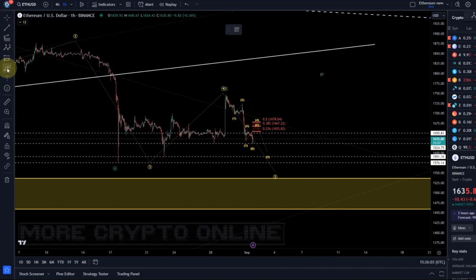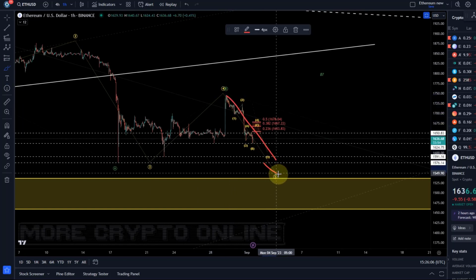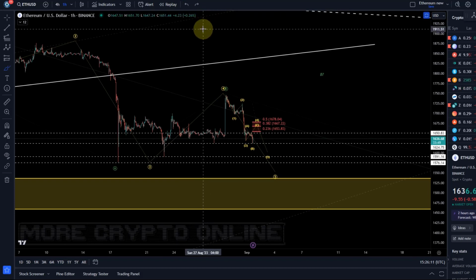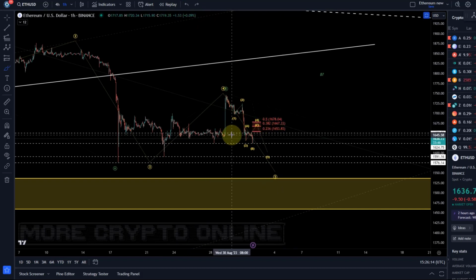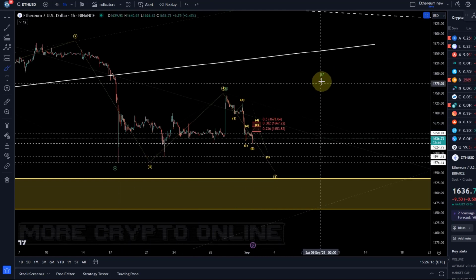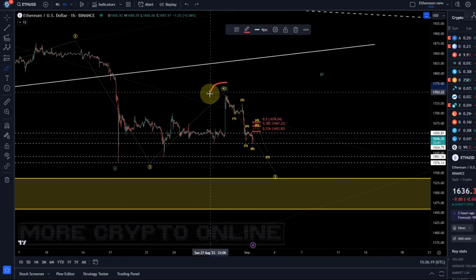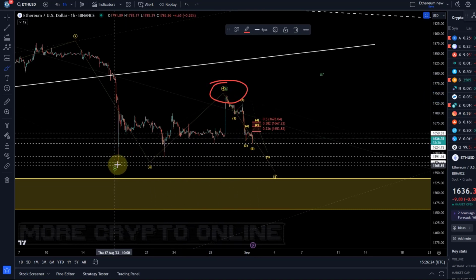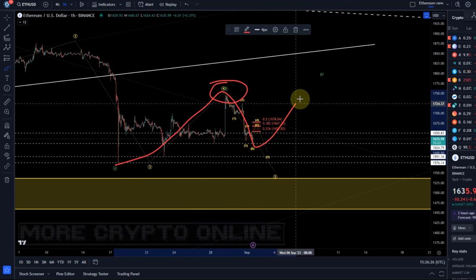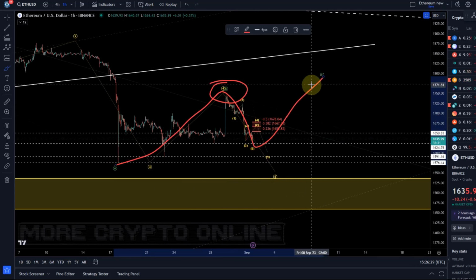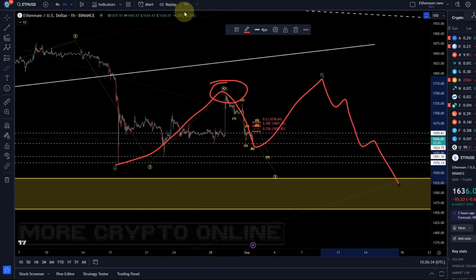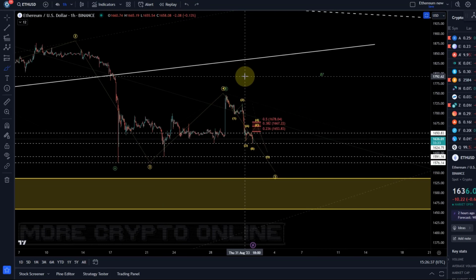Either we are already in the move to the downside, or if we get a rally from here, you always want to be prepared for what happens if resistance breaks. Then I assume it's just a high B wave. The assumption currently is that a wave 4 or a B wave already topped here, but we cannot rule out an extension in an A wave, a B wave, and a C wave. This would not be wise to chase because it would then likely be a 5-wave move down afterwards. But I just want to prepare you for what happens if we break above 1678.